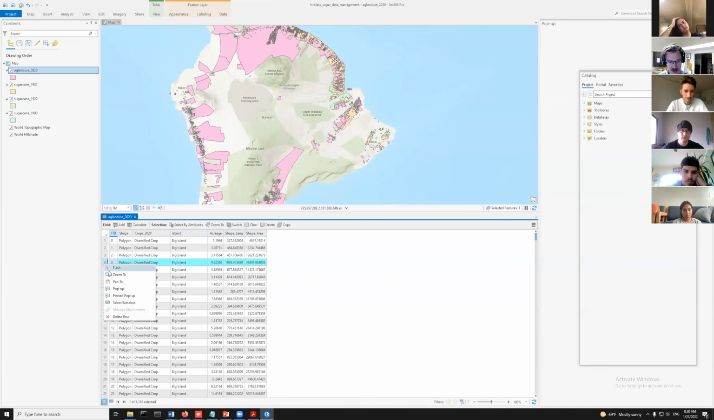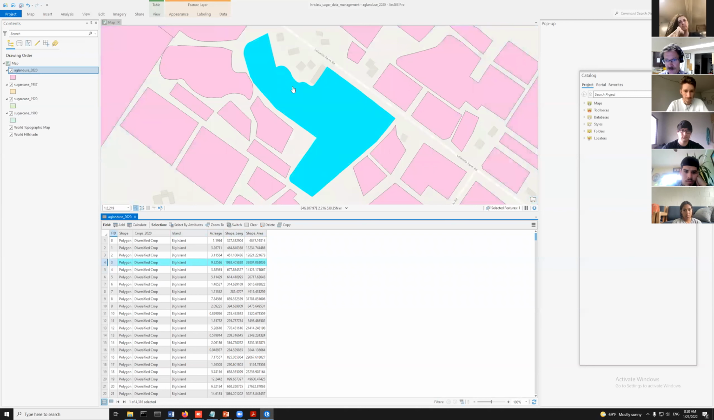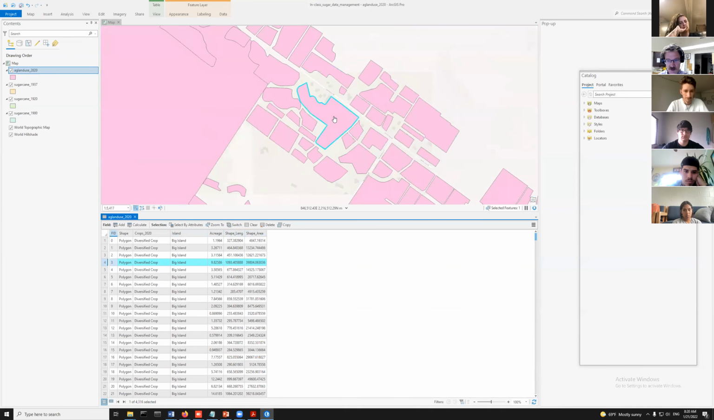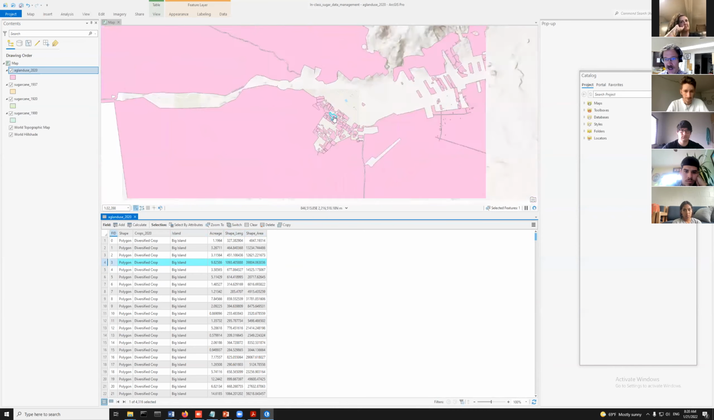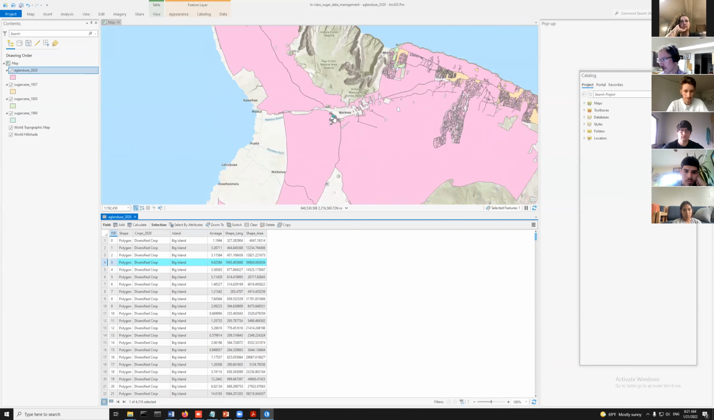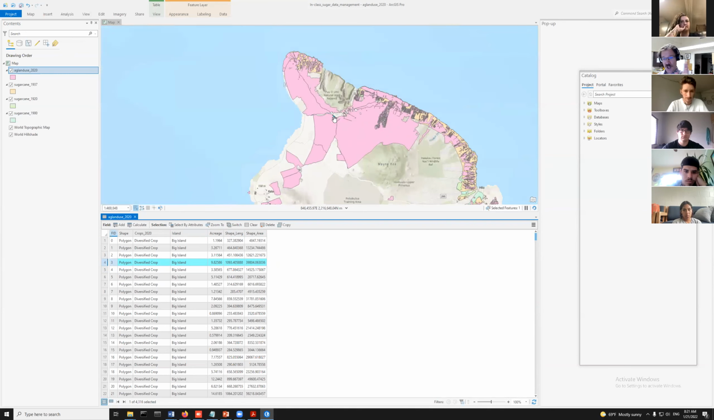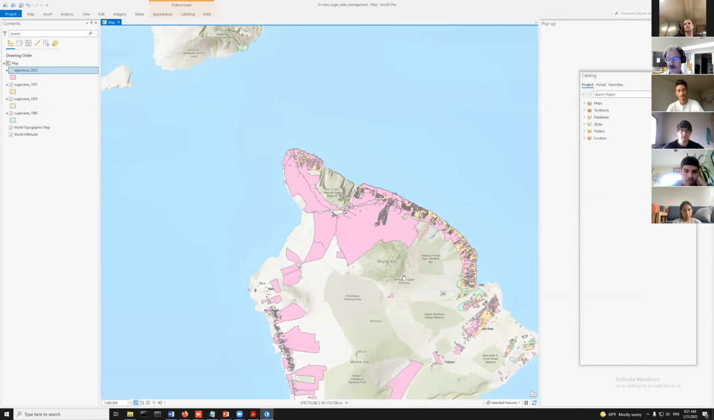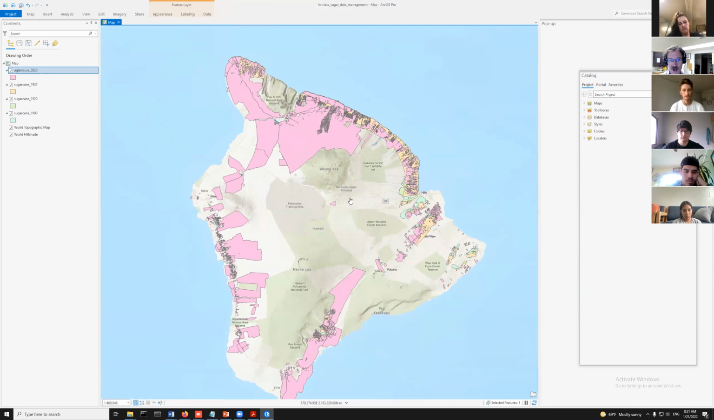So for example, if I zoom to this one that's highlighted, this polygon right here, it's diversified crop, and it's in the Waimea area. Okay, I care about sugar. I don't care about diversified crop. My project is about sugar. In order to see if there is any sugar here, I can